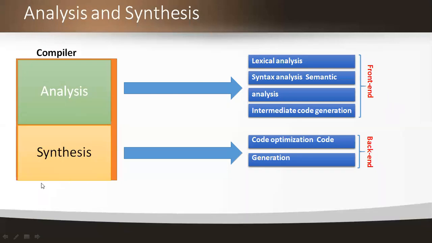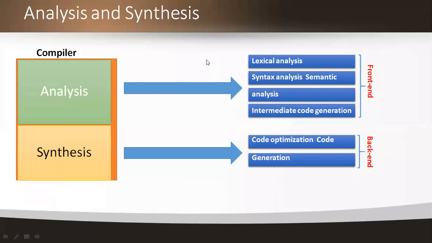Why? Because it is machine dependent code. All of you make a note. Analysis is machine independent code. Synthesis is machine dependent code. Analysis is known as the front end of the compilers. Synthesis is known as the back end of the compilers. Make a note of all these things. And what type of task are we going to perform by using this synthesis phase? The synthesis phase generates the target program, where the target program is nothing but machine level code, machine level language.